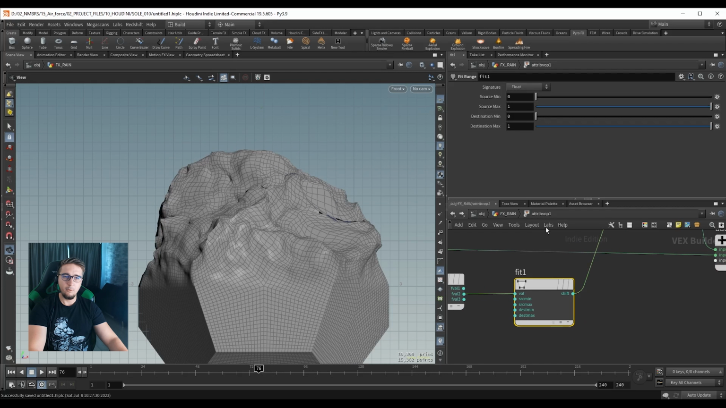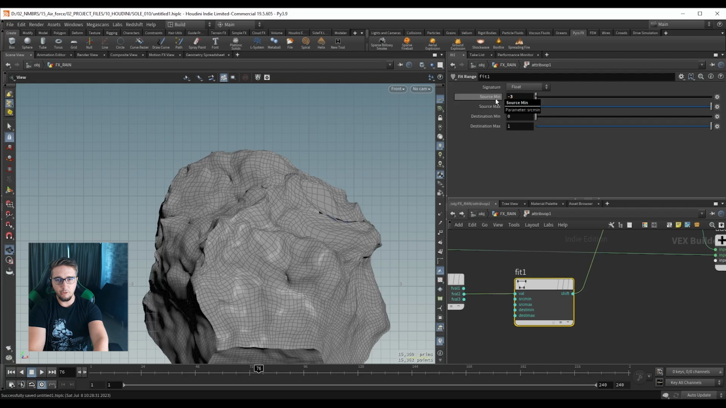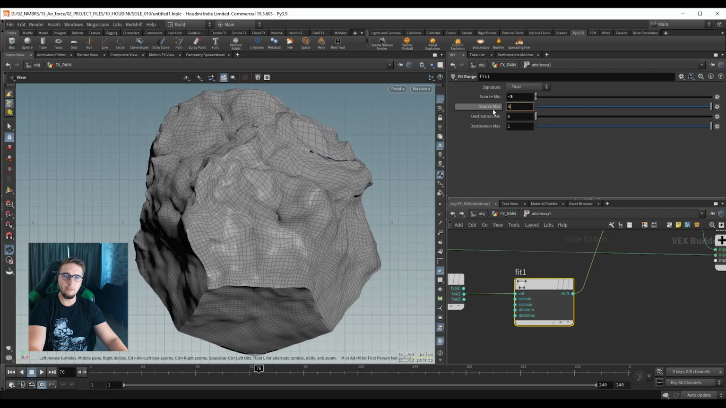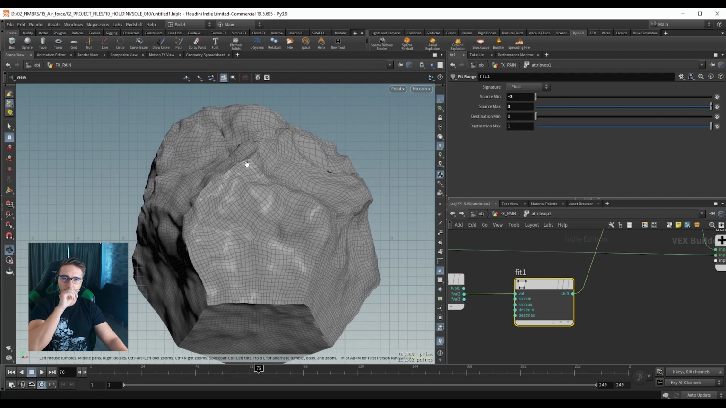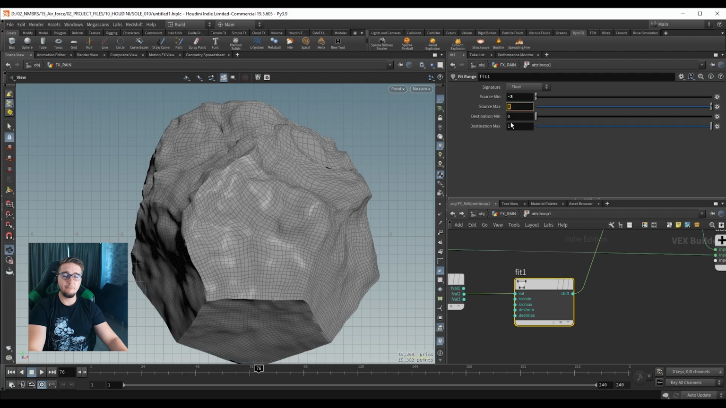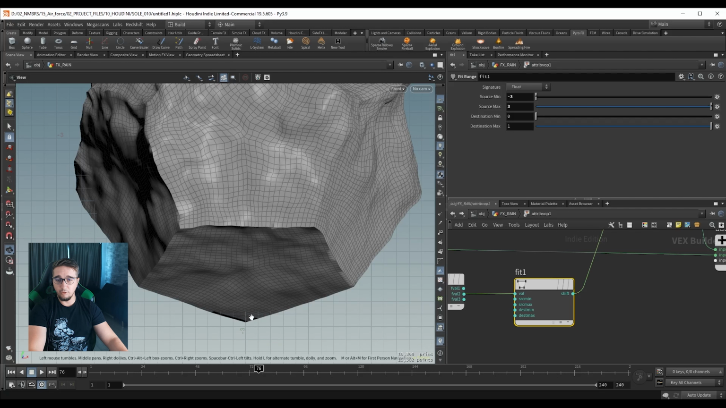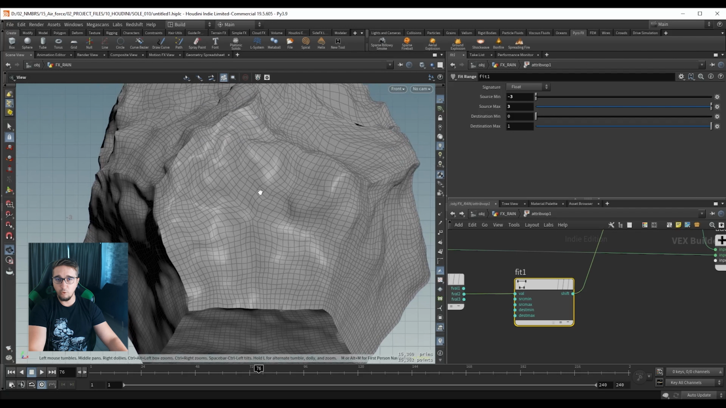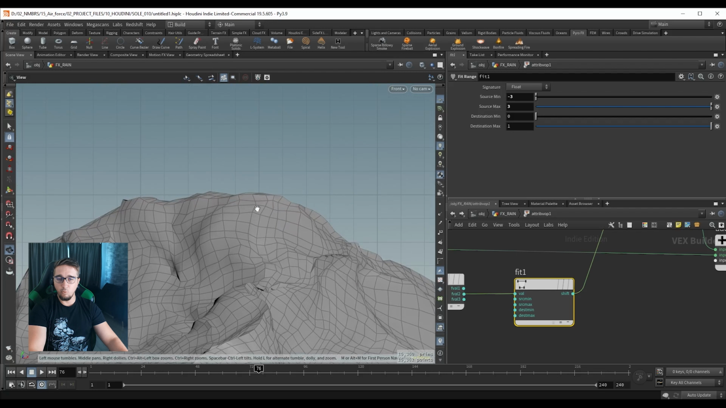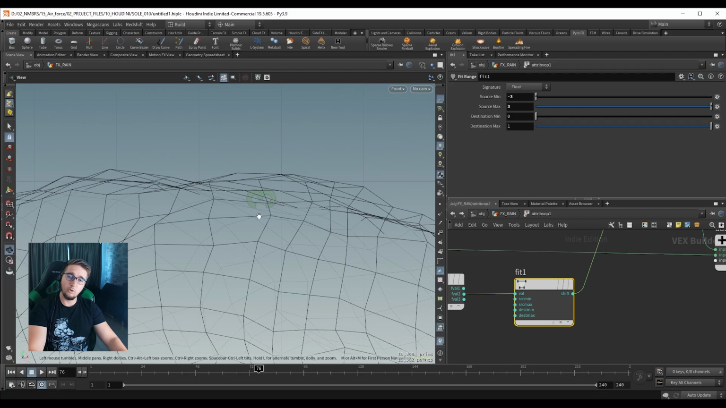And here we can say that our source min is going to be -3, so this will be the lowest value, and our source max is going to be 3, so this will be our highest value. Now we are remapping these values to 0 and 1, which are the defaults that Houdini gives us. This means we are going to have an amplitude value of 0 over here, and it's going to ramp up all the way to a value of 1 over here,